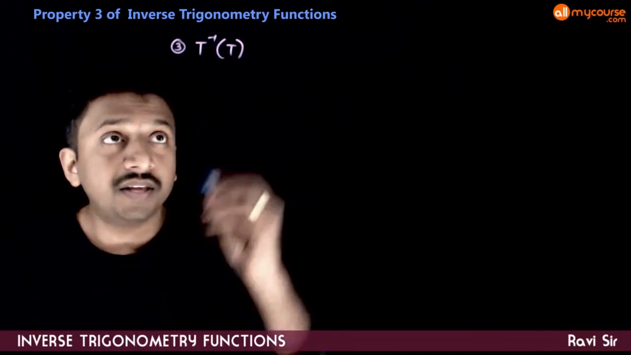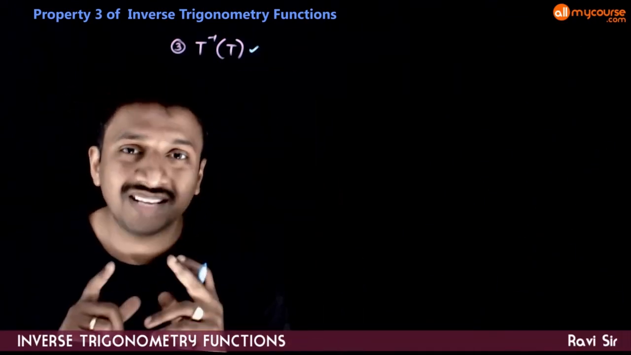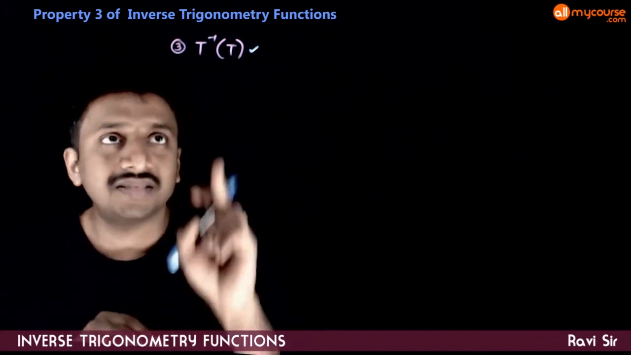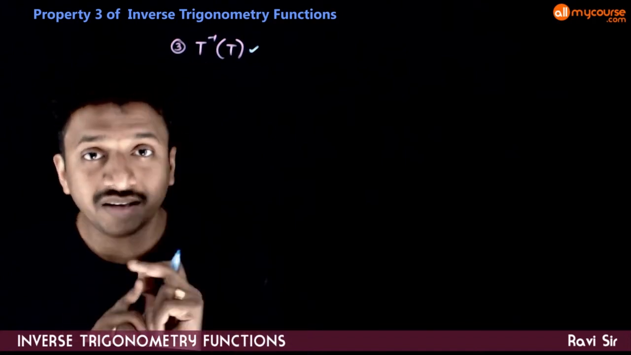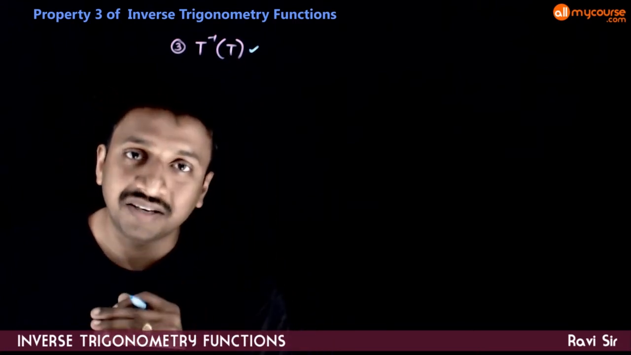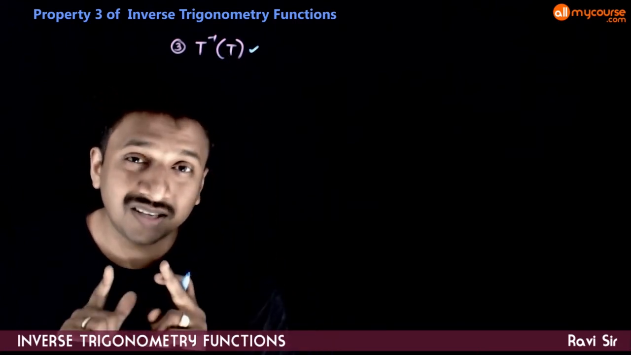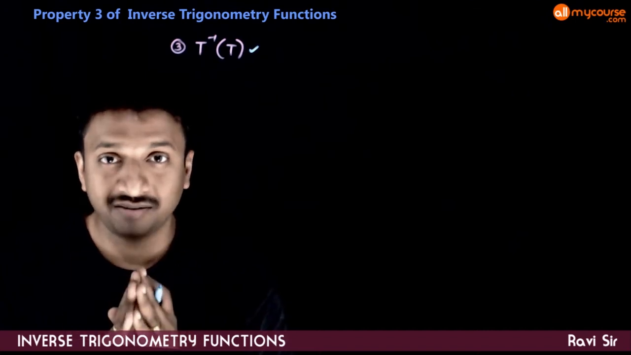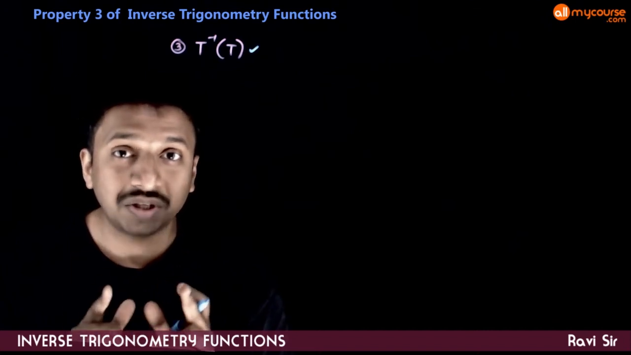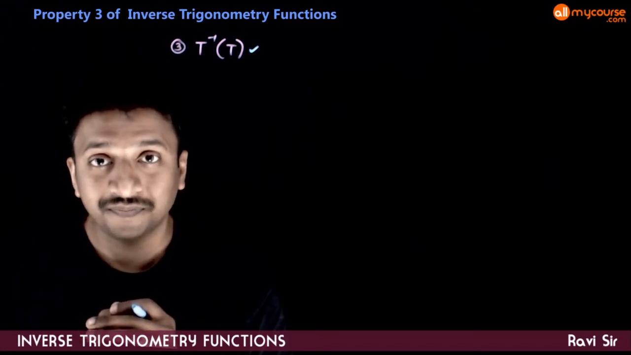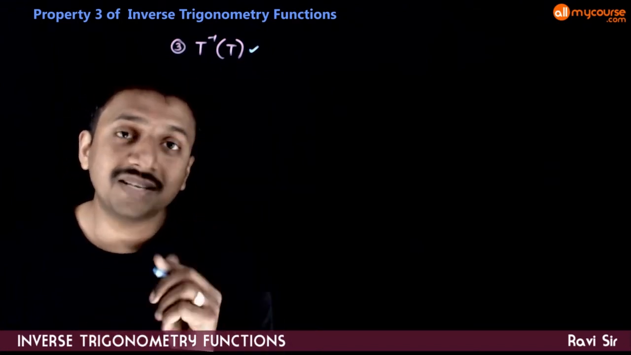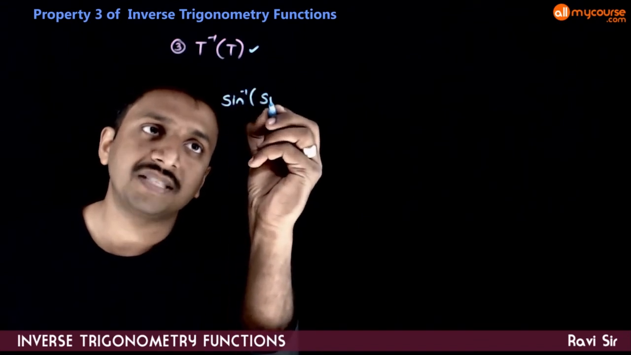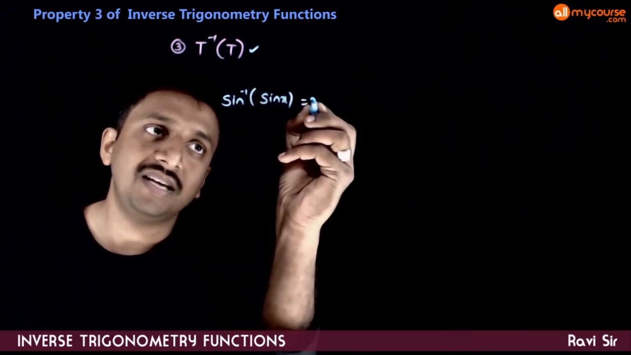Next, the third property deals with the simplification of T inverse of T. That is, the inverse trigonometric ratio is outside and the trigonometric ratio is inside. This property is the single most important property which you need to master if you want to do questions in advanced exams. The formula says that sine inverse of sine x is equal to x